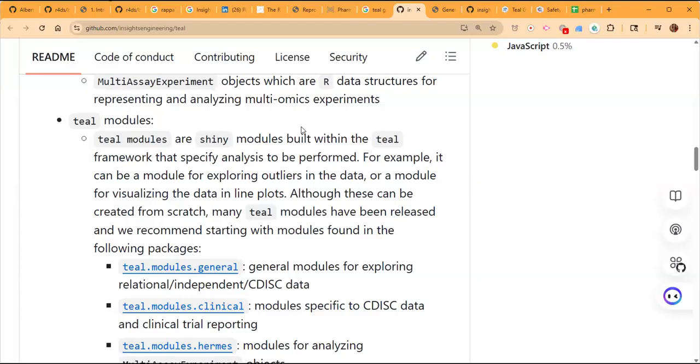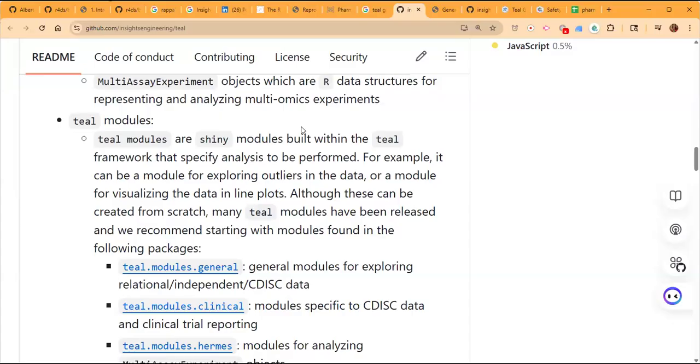is shiny modules. So the shiny module is something that you write once, you generate it, and then you can call a number of modules back to back within the shiny app, and that module can be kept separately, and development can be done separately without actually touching the actual shiny app. The shiny app is independent of it. The modules are independent of it. So once a module is done and generated, you just have to call that